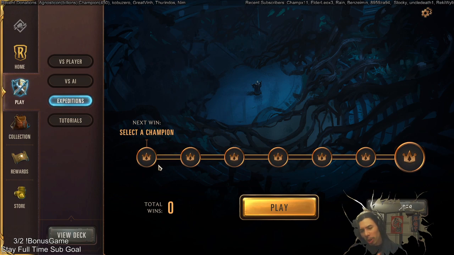Oh, and of course, as you go along, you get to exchange stuff and you get more cards. And at some point, you get another champion. So yeah, that's how the draft selection process